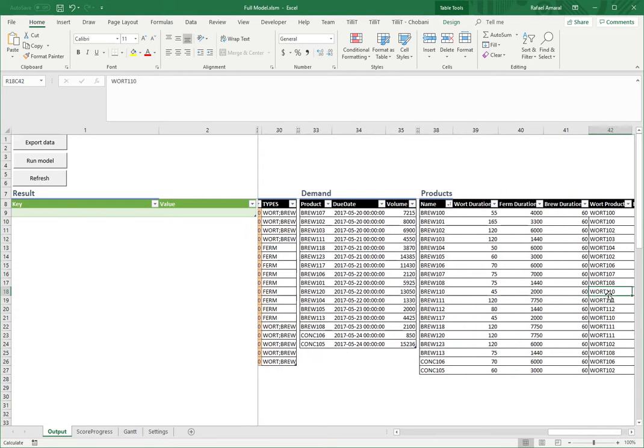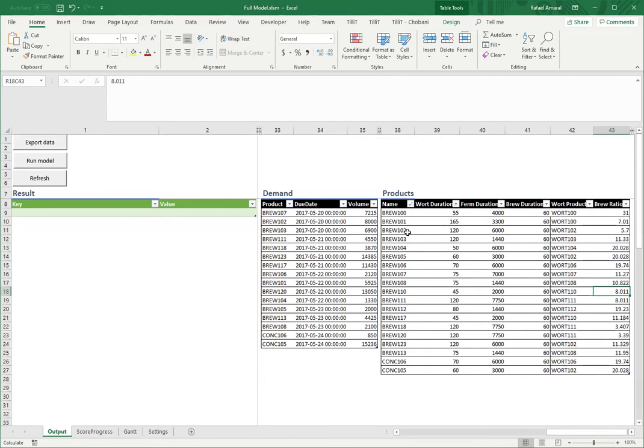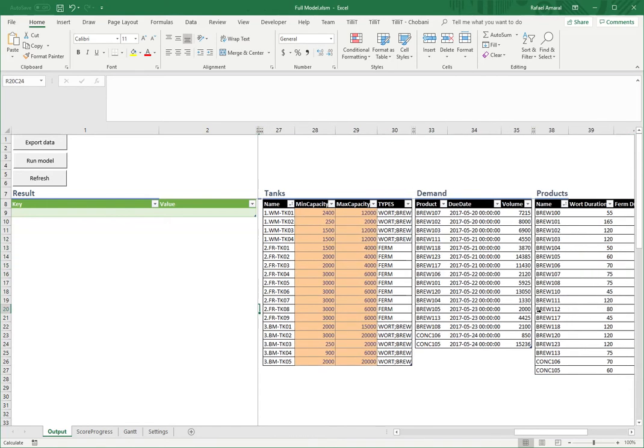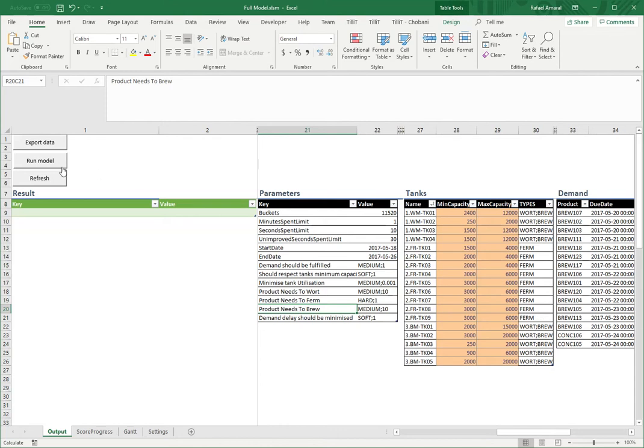And then you go to the product list, where you have the different products, the duration of your wort process, the duration of your fermentation process, and the duration of brew process, and what is the wort product that goes into the brew, and its ratio. So once you have all the master data set up, and this is all the data that goes into the model, we'll click the Run Model button,